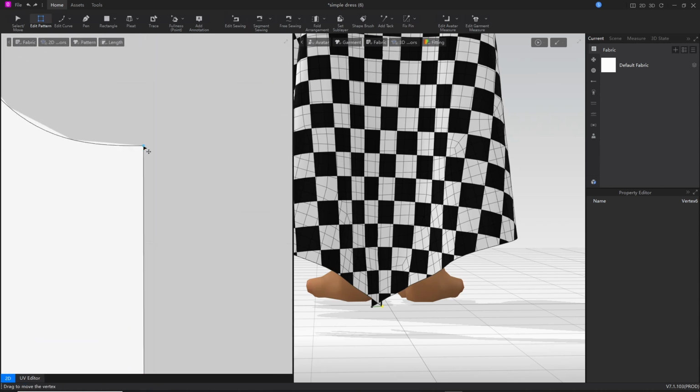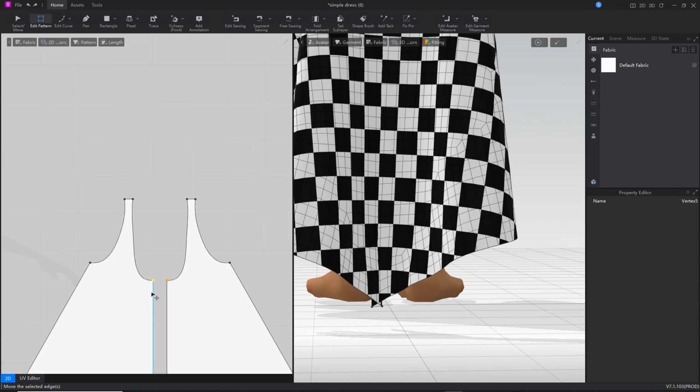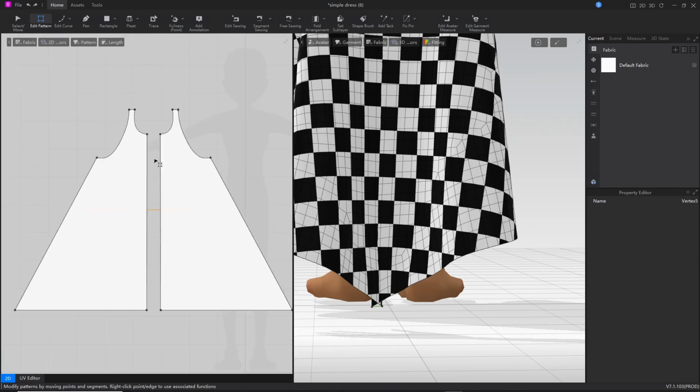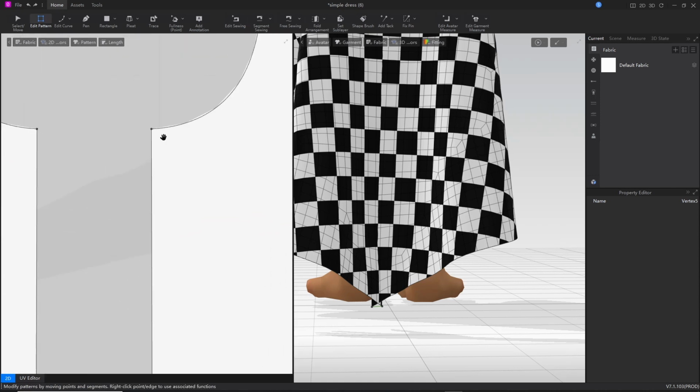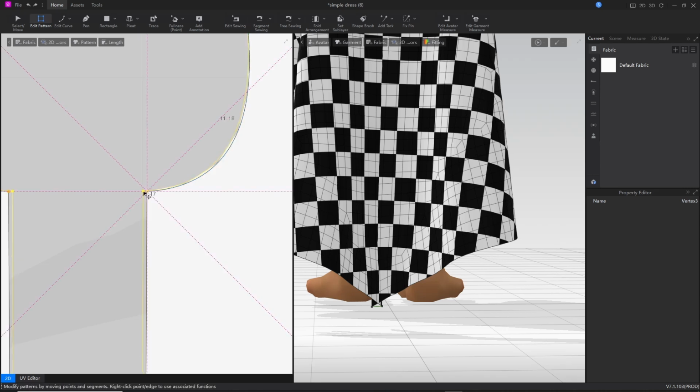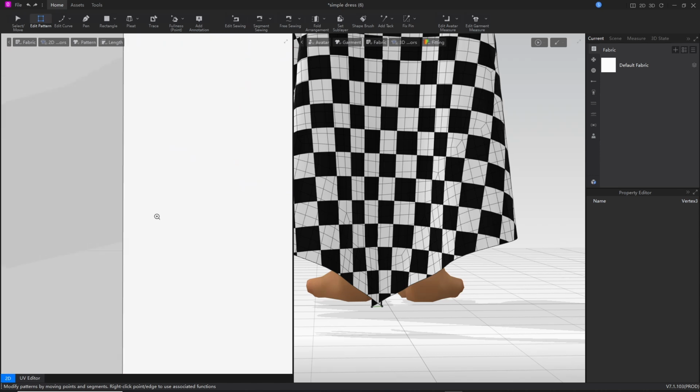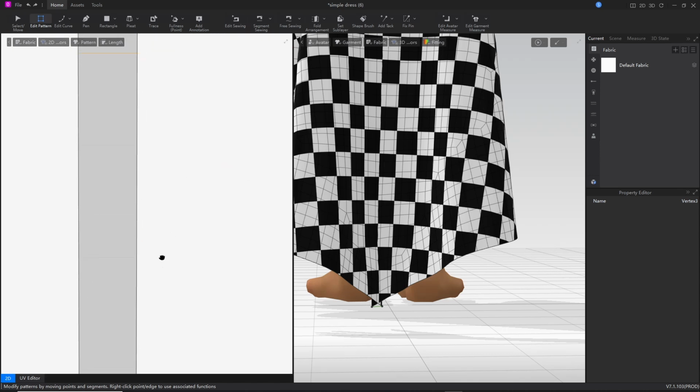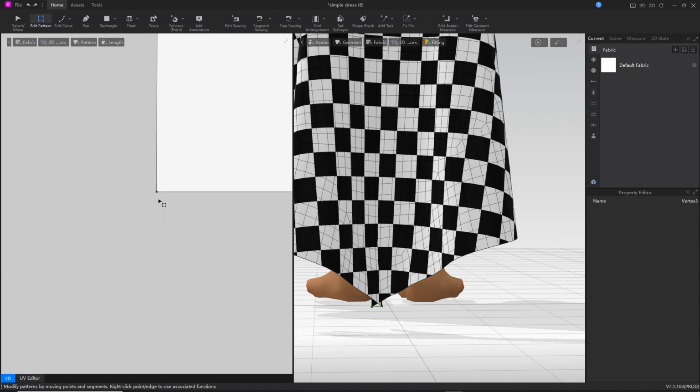As best we can. So shift again. Let's check the front. Make sure that's aligned to the grid. And in this case we can make these minor adjustments because it doesn't really matter too much to the shape of the dress. So make sure the bottom is aligned